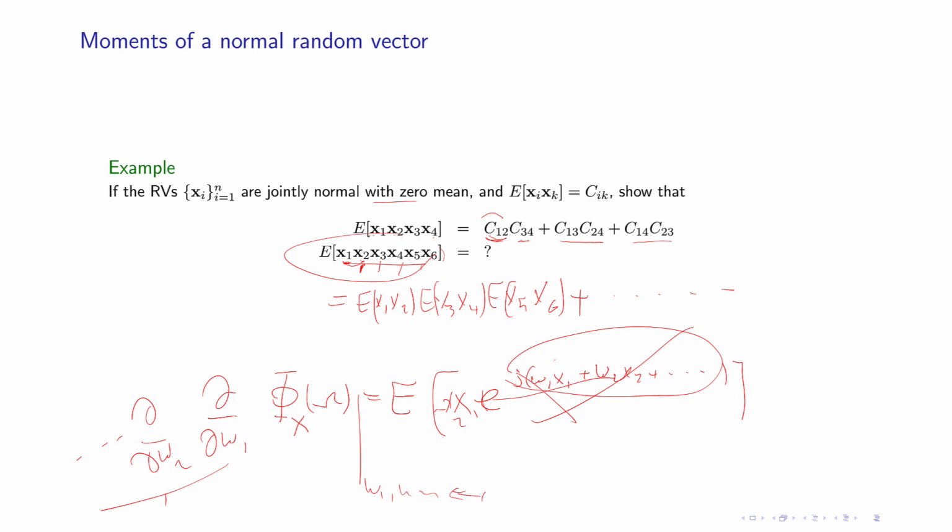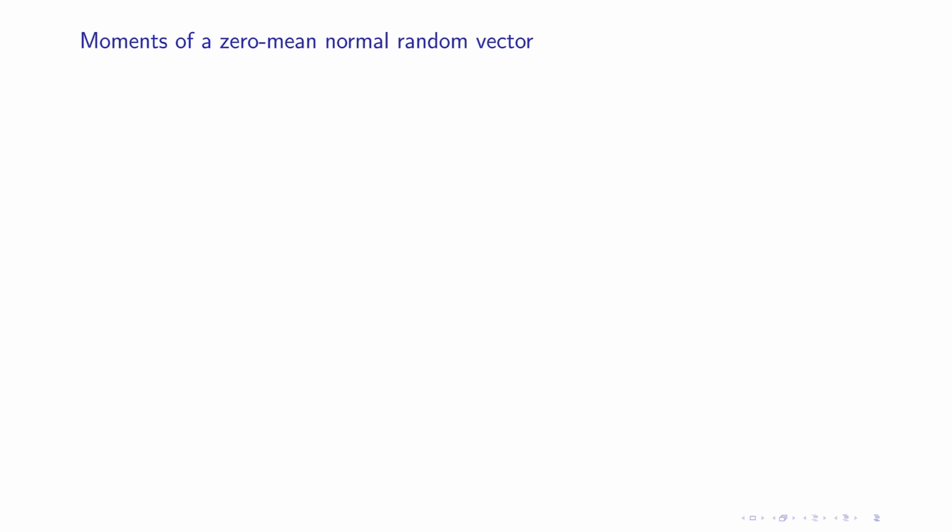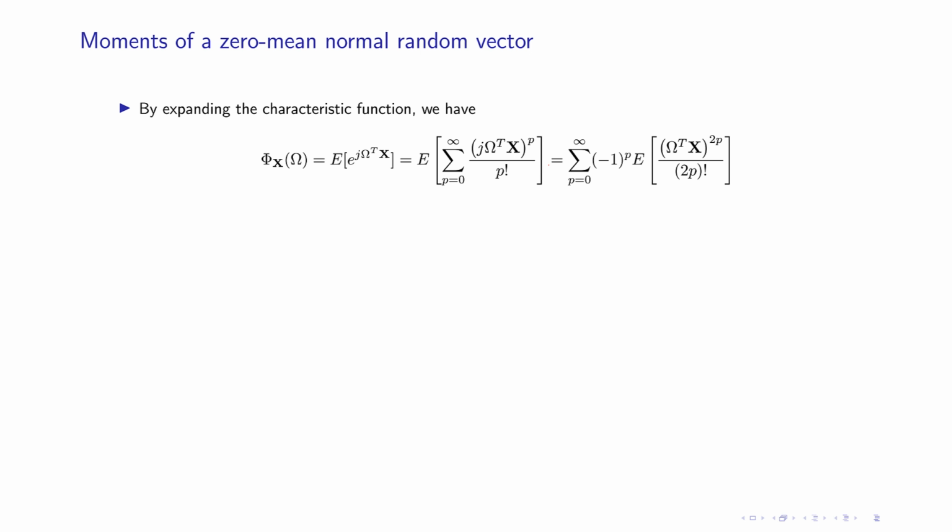So what I need to do is to calculate the derivatives of this joint characteristic function with respect to omega 1, omega 2, omega 3, etc., and then replace them by 0. And then if you do that, you will obtain these rules, those 2 by 2 rules. So moments of a 0 mean normal random vector can be easily calculated using that, because if you have this expression,